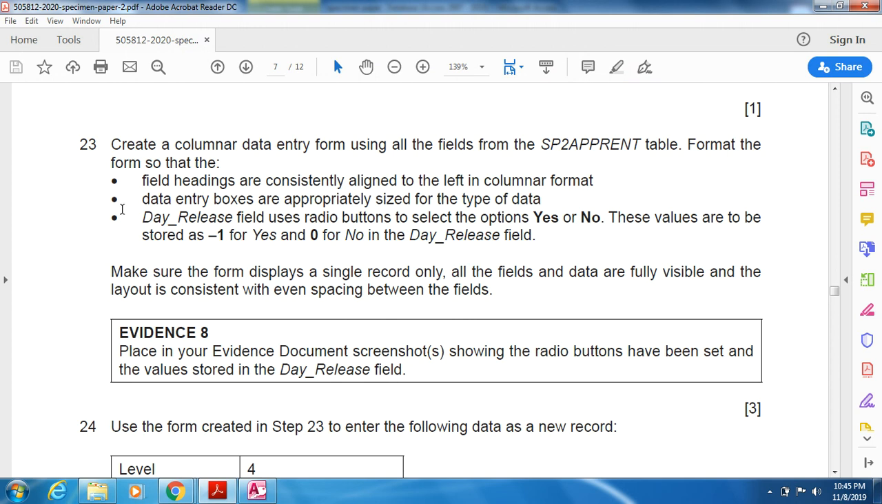Okay. In this session, we will be solving the questions from 23 onwards. Create a columnar data entry form using all the fields from SP2 apprend table. Format the form so that field headings are consistently aligned to the left in the columnar format. Data entry boxes are appropriately sized for the type of data. Day release field uses radio buttons to select the options yes, no. These values are to be stored as -1 for yes and 0 for no, and it should be saved in